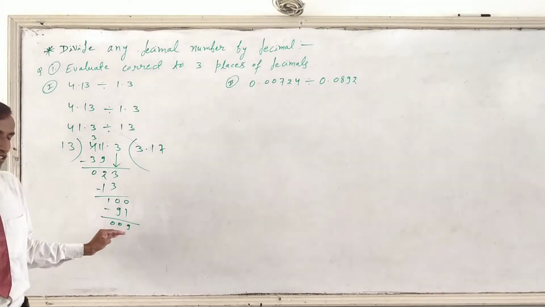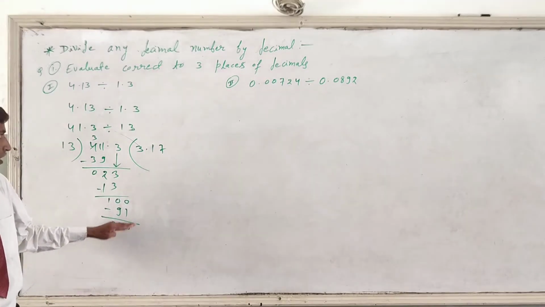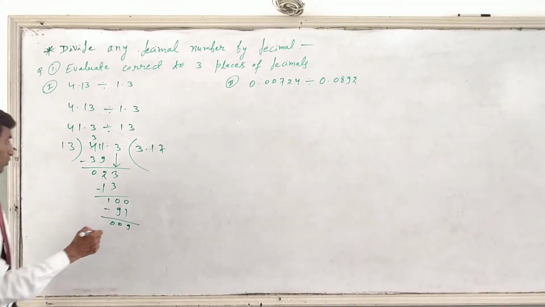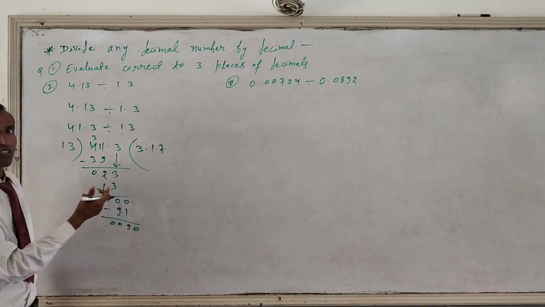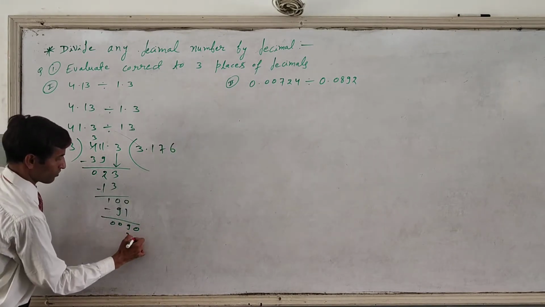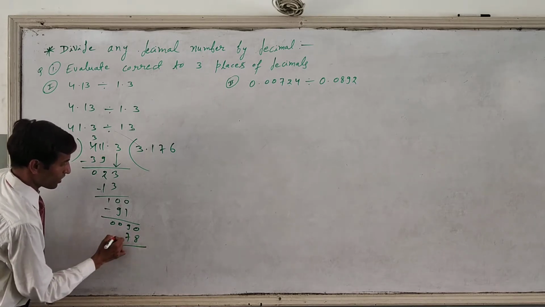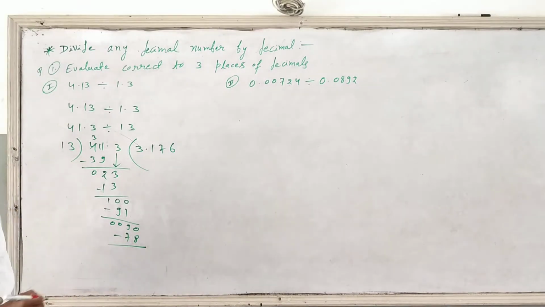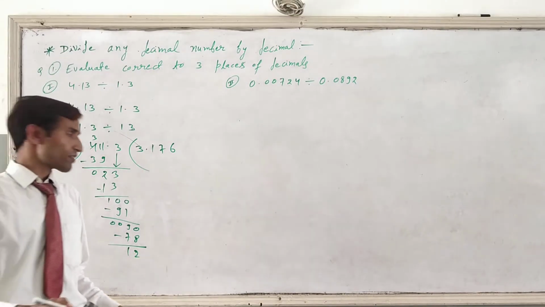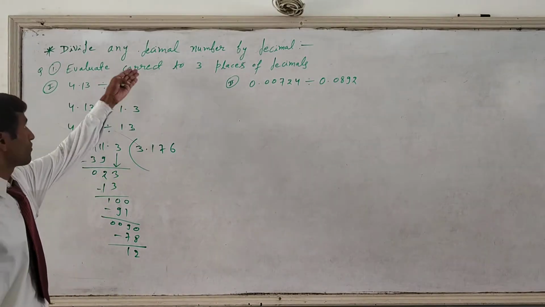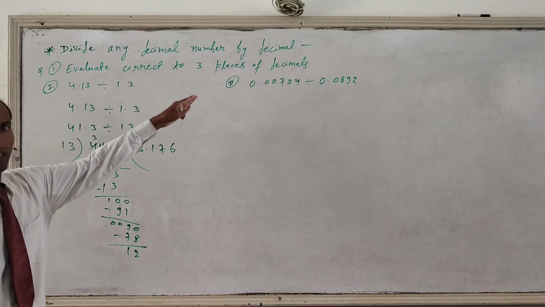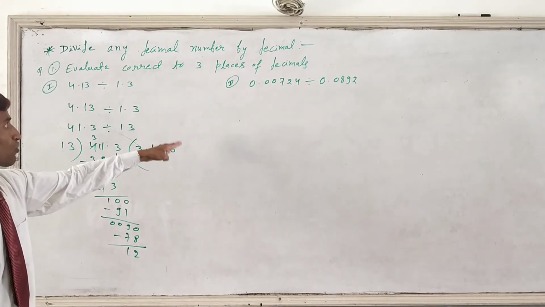After that there is a remainder of 9. So again we have to divide by 13, but we have to put one more point. 13 times 6 is 78. Now we subtract: 90 minus 78 will get 12. The remainder is 12. After that we again have to divide one more point because the question is asking us to find up to 3 decimal places, so we have to divide up to 4 decimal places.